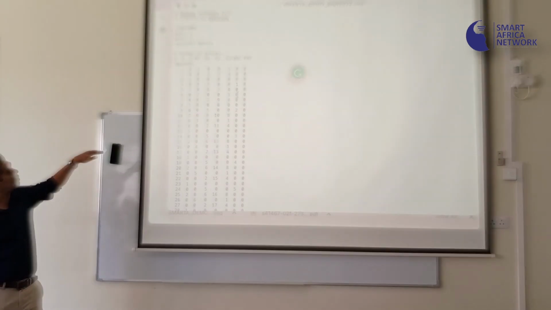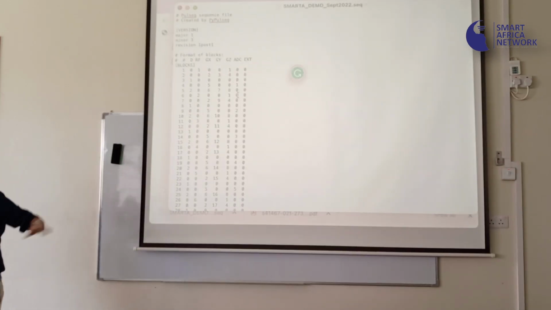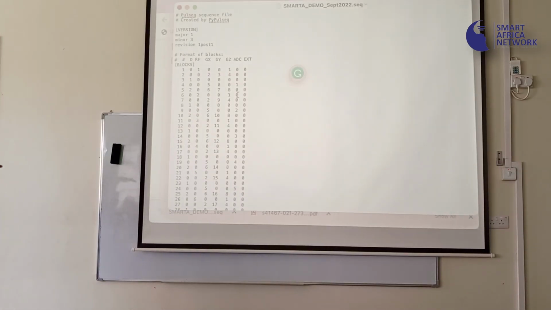And fourth is going to be the readout gradient and the ADC. So that's pretty much what we have. It rolls out, and you can see the same pattern repeating. Those are different